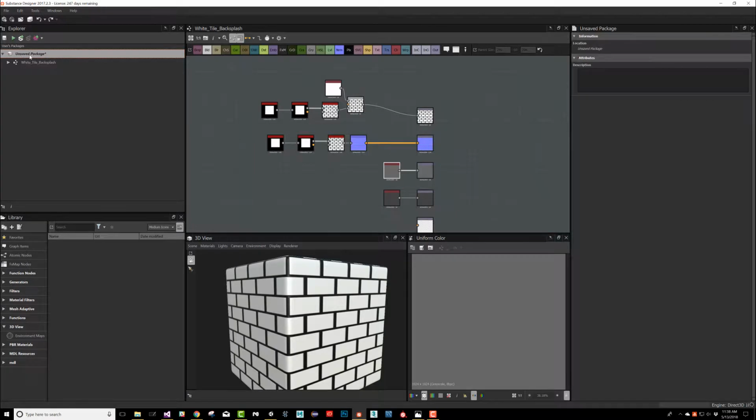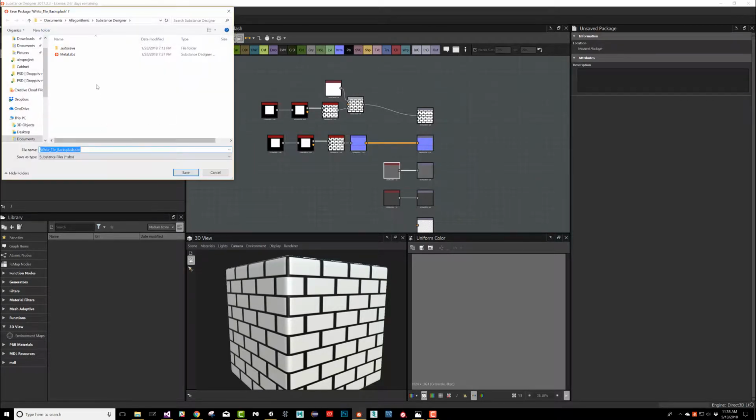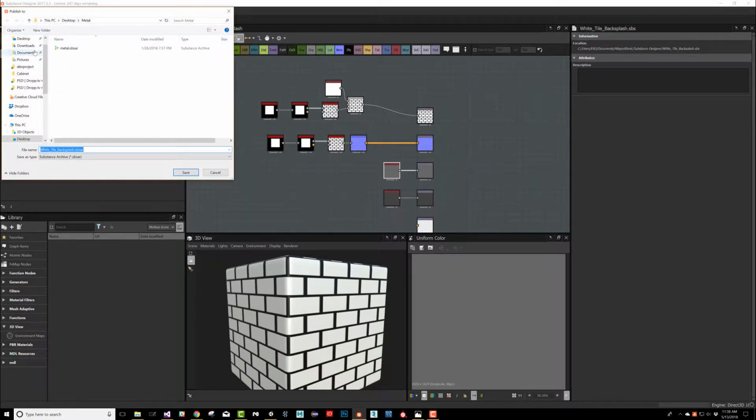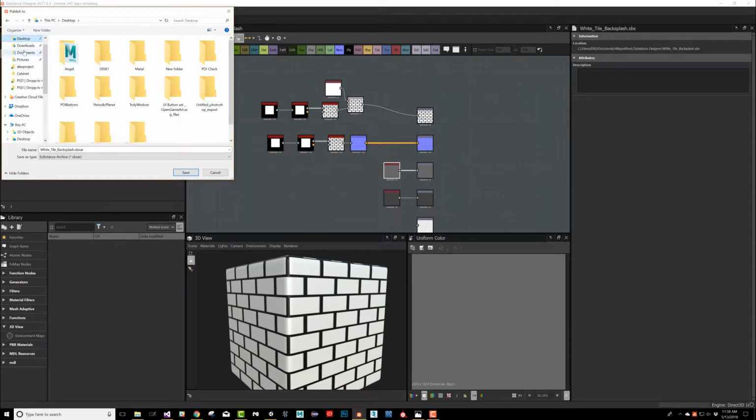Just actually, I'm going to save this as well as white tile background because I want to use those again. And then you'll notice up here it says add a new substance, add a new material, and then here it says save and open selected package. You have all this cool stuff. We can push the selected elements. We can export to Substance Share, which is a good way of getting your name out there. But what I want to do right now is publish it as an SBSAR file, and then I'm going to go to my documents, the